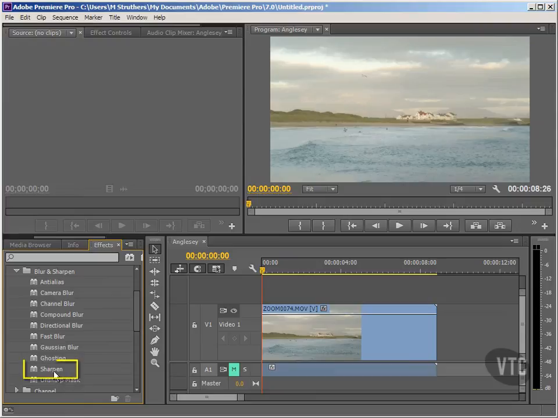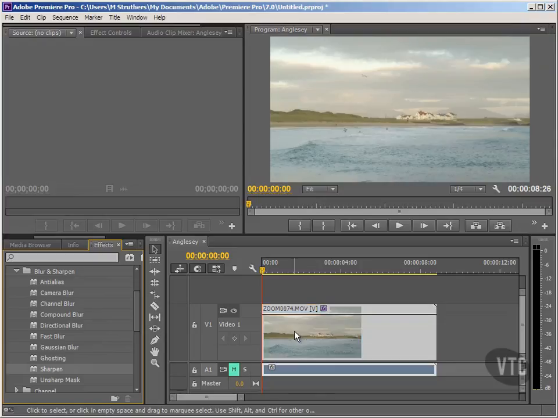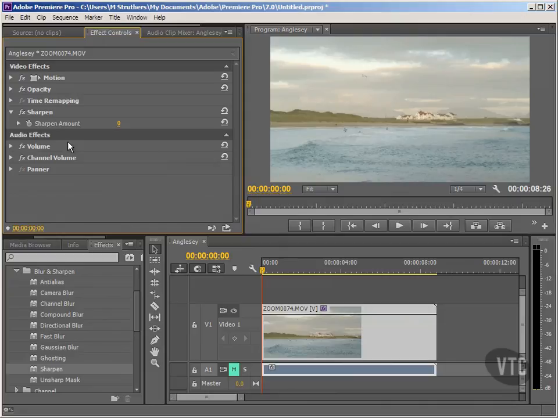This one pretty much down at the bottom, the penultimate one, so I'll left click on sharpen and drag it over and drop it onto our clip. Consequently, within our effect controls panel, we now see this sharpen effect implemented. And as you can see, by default, it's brought in at quite a low level, the sharpen amount there being 9, and maybe that's my advice really. Keep your sharpen amount to be fairly low. I know that's not always possible, but in this case I don't really need to drag it too far to